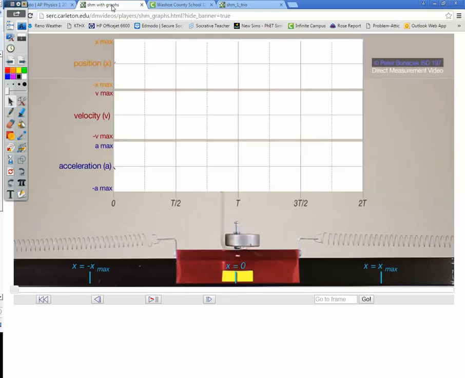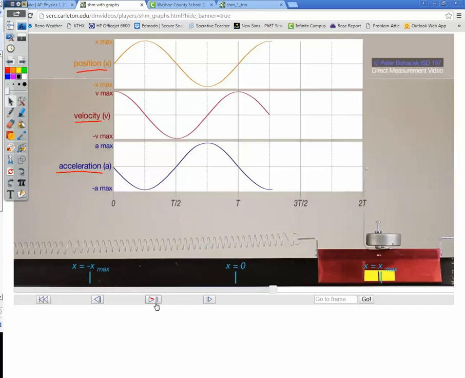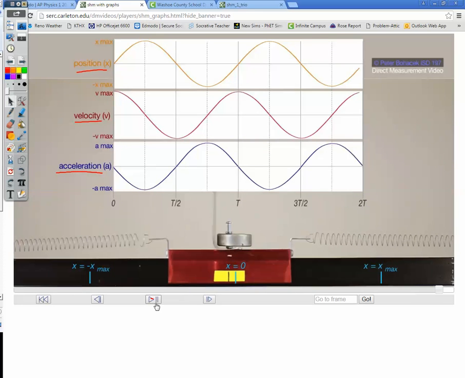So here we're just looking at the cart. And the cart starts out at x equals 0. Up above, we have a position versus time graph, we have a velocity versus time graph, and we have an acceleration versus time graph. So we start this thing in motion, and based on those graphs,